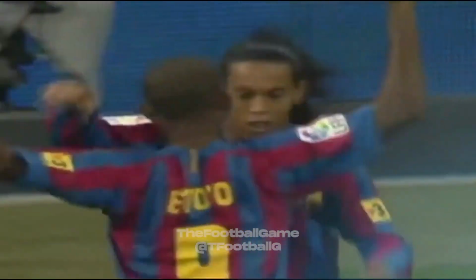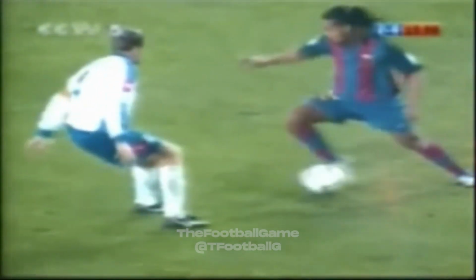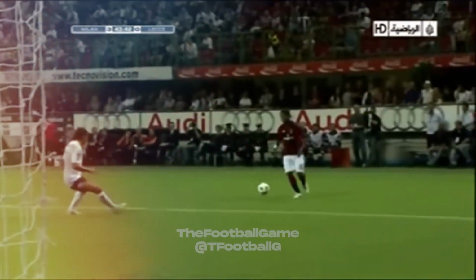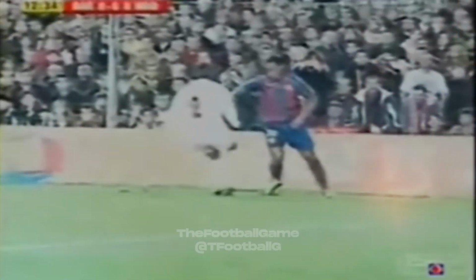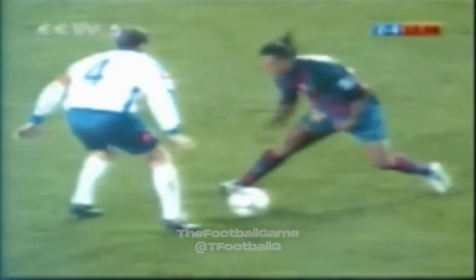One of his trademark moves was called the Elastico, a dribbling move that fooled a defender into thinking that he's moving on one side, only to be turned inside out. Ronaldinho would push the ball away from the defender with his right foot and would then quickly move the foot around the ball before going past him. A lot of players tried to execute the move, but it just doesn't look as good as it did when